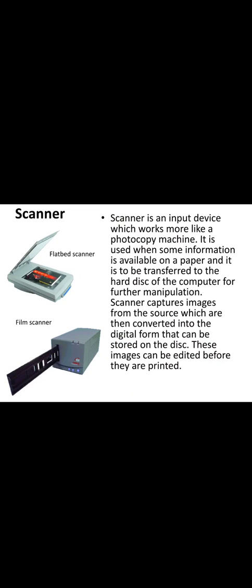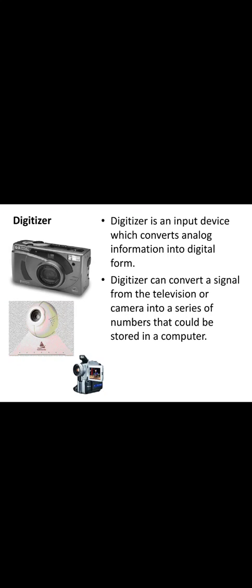is a scanner machine. The scanner machine is an input device which works more like a photocopy machine. So ಏನಾದರೂ ಹಾರ್ಡ್ ಕಾಪಿ ಇದ್ದರೆ ಅದು ನಮ್ಮ ಕಂಪ್ಯೂಟರ್ಗೆ ಬರಬೇಕಿದ್ರೆ you can put that paper into the scanning machine and it will convert that information and make it digitalized, and you can get the same information on your computer screen. So this can be again further taken and you can take a printout of it. So the images can be edited before they are printed. So scanning machines are normally used in the offices, and mostly in the corporate offices we also observe this kind